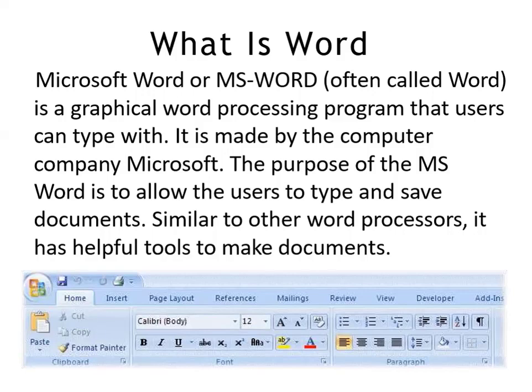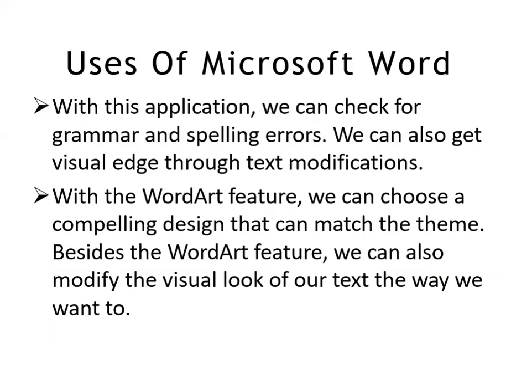What do we do in text editing? There are 5 basic features of text editing software: creating, deleting, saving, printing, formatting the text. This type of software that is used to create, delete, save, print and format text or documents is called a word processor or documentation software. So Microsoft Word is a documentation software. Uses of Microsoft Word: